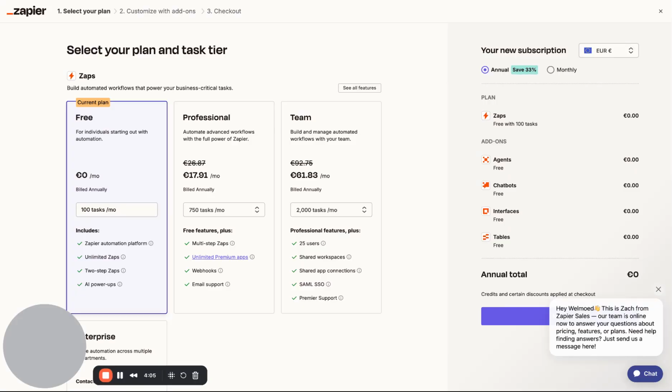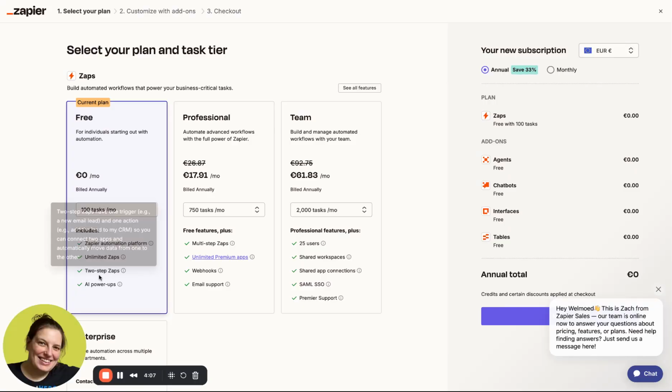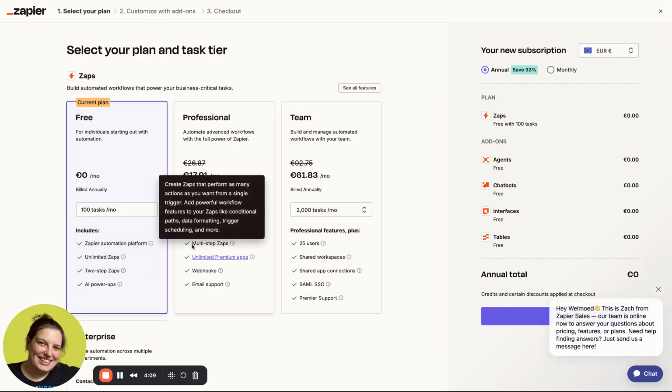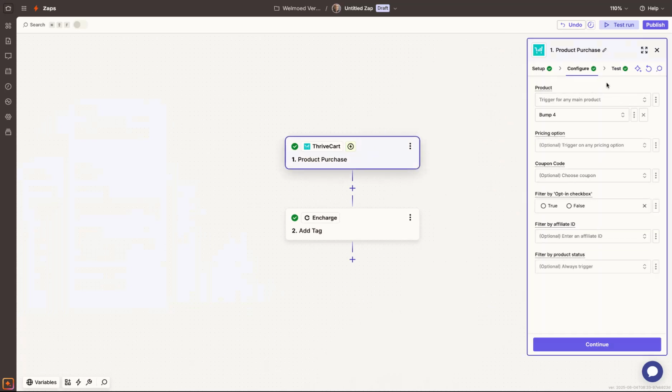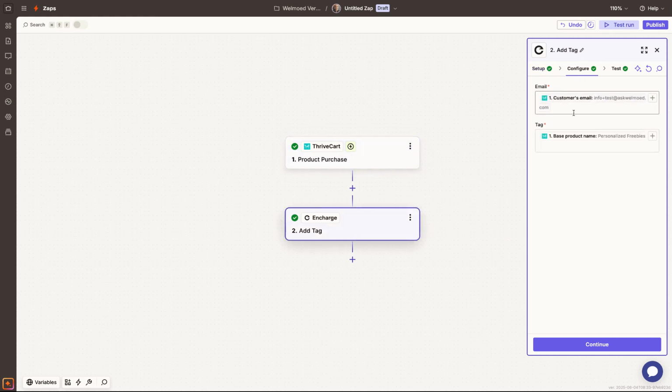And in Zapier, on the free plan, you can do two-step zaps. And if you have a paid plan, you can do multi-step zaps. Now, in this case, we are going to use ThriveCart, a product purchase, as the trigger here. And you select the particular product, of course. And then here, when we choose to add a tag, this is not the way that I recommend doing it,